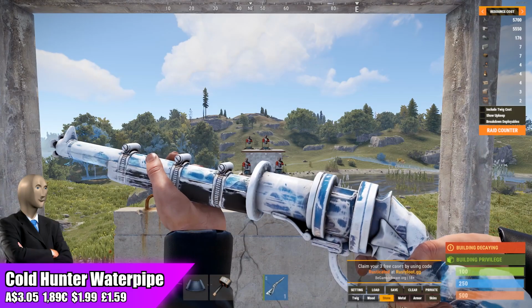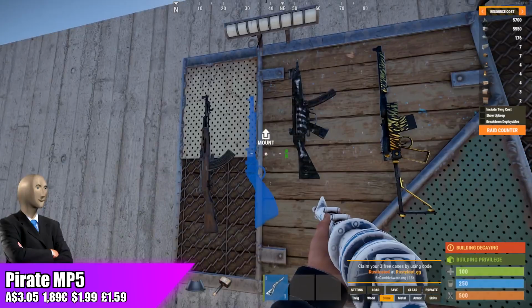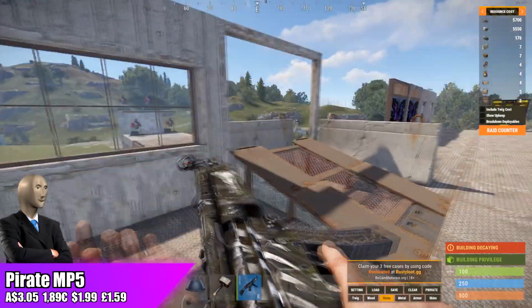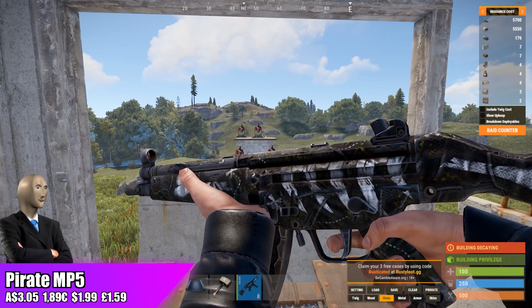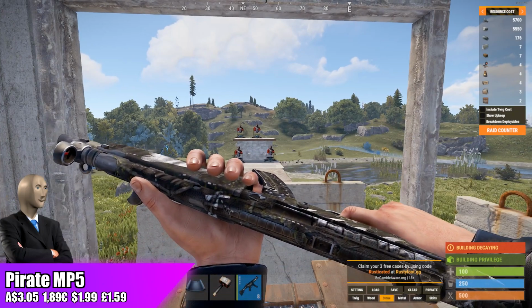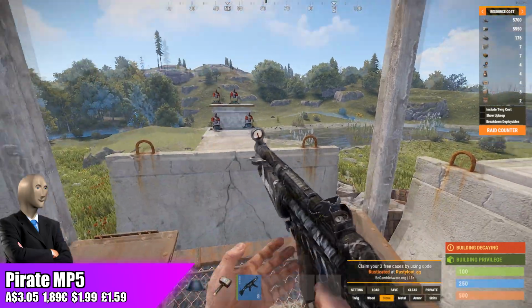And you won't really be making that much money. Alright, moving over to the Pirate MP5, going for $3.05. So the only successful Pirate weapon skin was the Thompson, and I think that's up maybe like 40% or something like that. I don't remember it off the top of my head, but overall, the Pirate MP5, it looks okay,